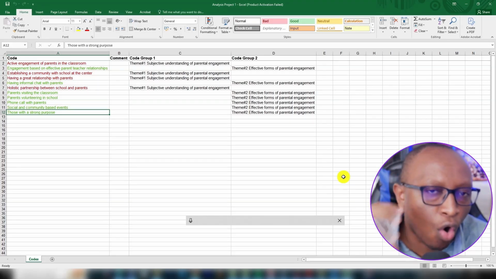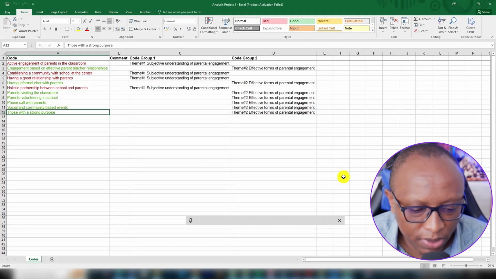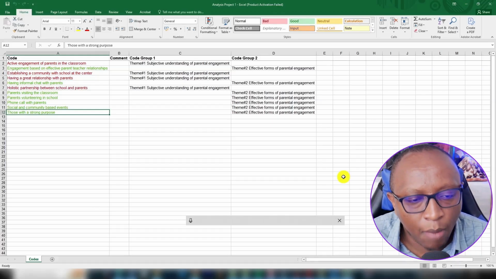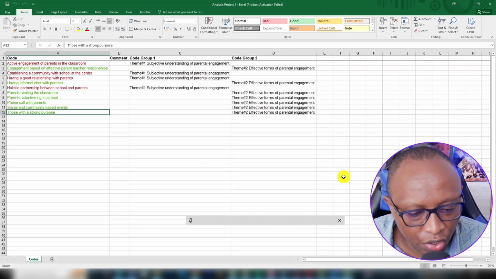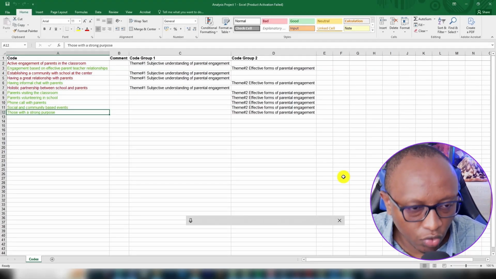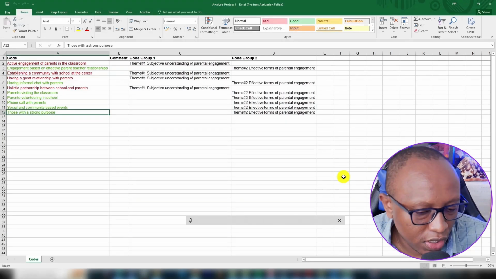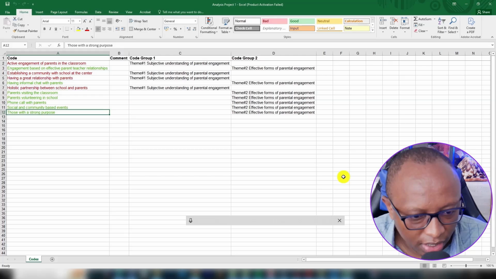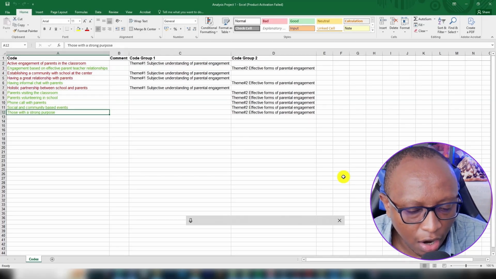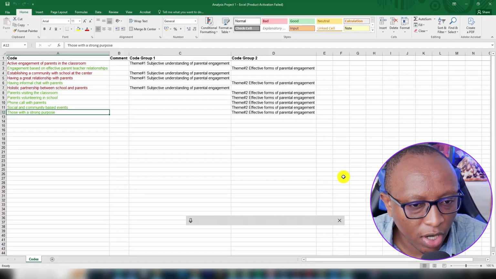Basically, that's how we code and move from codes to themes in ATLAS.ti. I'm going to have other videos where we go deep into how to report the findings and how to even have more visuals or visualizations and all that. But basically, this is how we get codes, or we perform qualitative analysis of